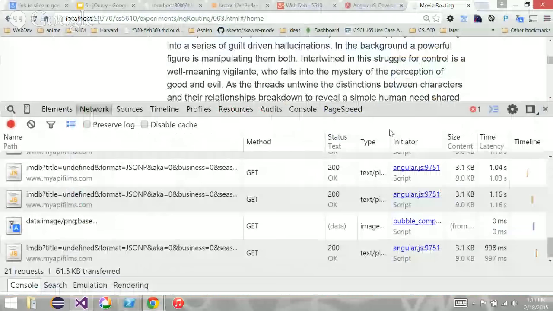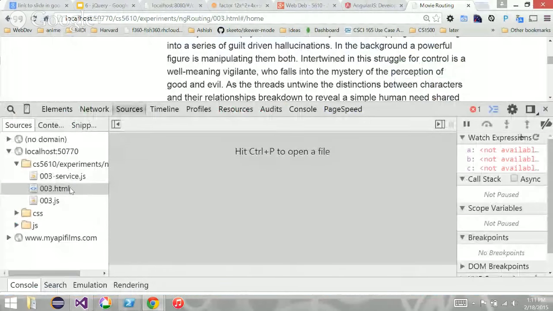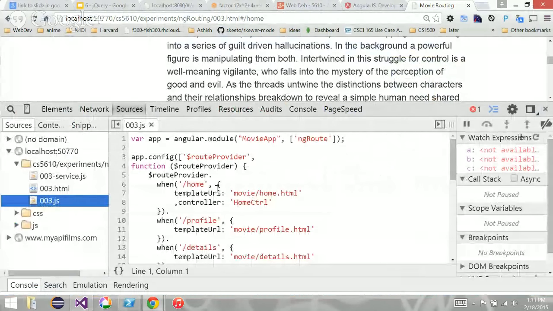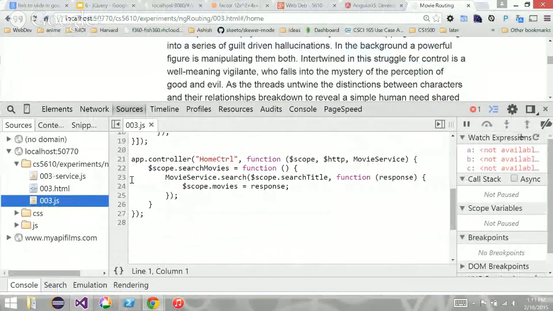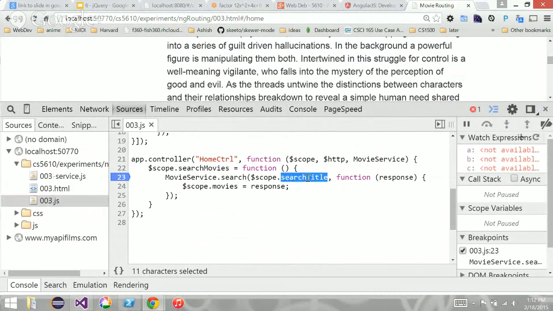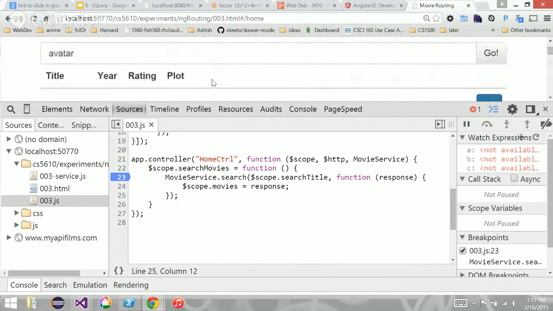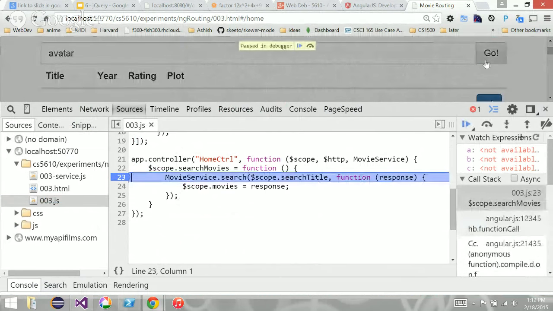Let's go to source, and let's go to the controller, and this is going to be invoked. Search by title. Let me put here avatar, go. Scope search title is undefined. Why is that undefined? I didn't declare it.